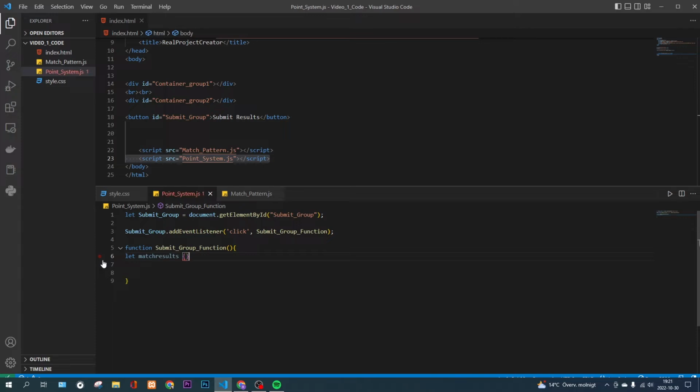Oops, a bracket. Alright. And not inside it, we're gonna do the for loop now. I equal to 0, I is bigger than length, I plus, and then inside the match results, we're going to have